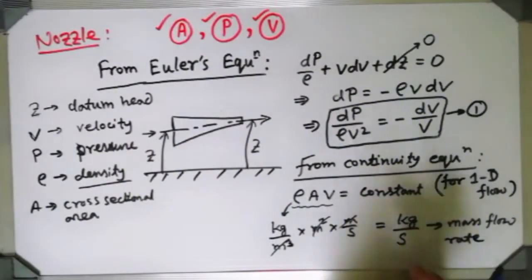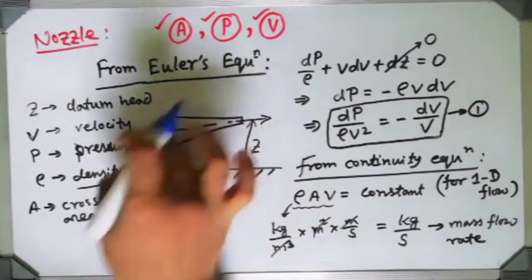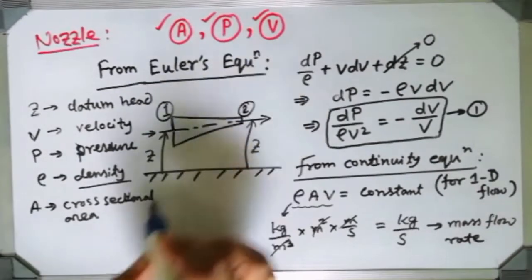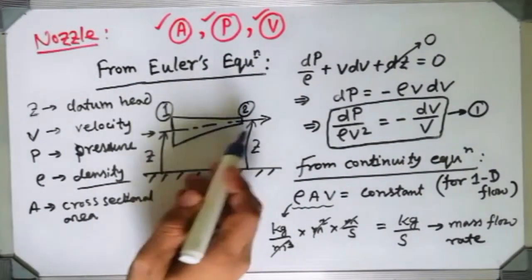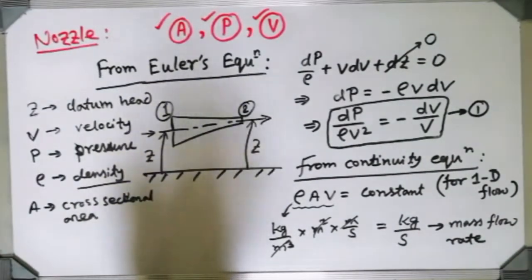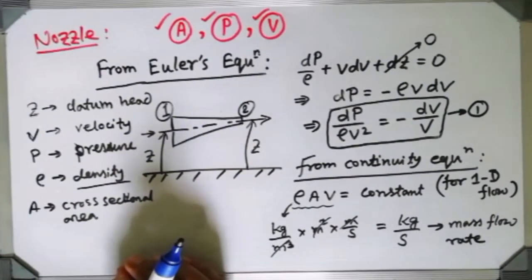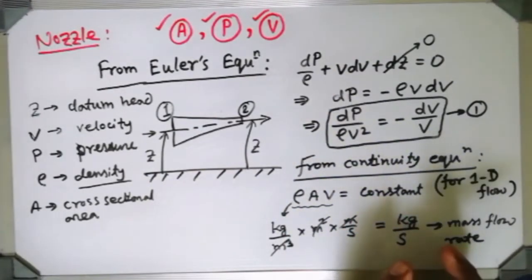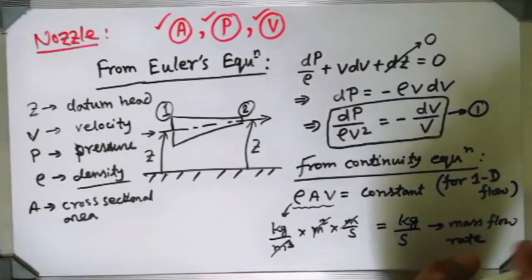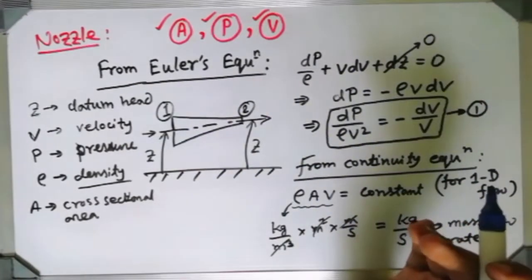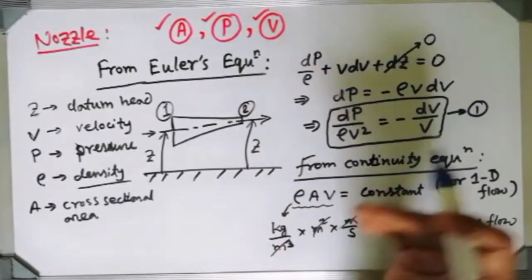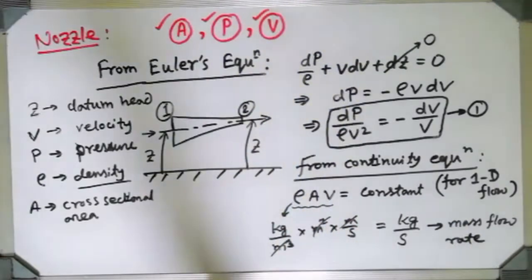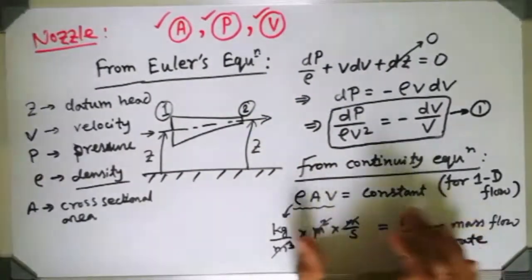So if you take this nozzle as our control volume, and name it number 1 section and number 2 section, obviously in between these two sections the mass flow rate will remain constant, isn't it? And this is the form of the continuity equation if it is considered for one directional flow. If it is converted into three dimensional flow, then it will be a different form. I'm not going to discuss that over here. That equation is very much needed for mechanical engineers. Okay, so I am coming to this particular part.